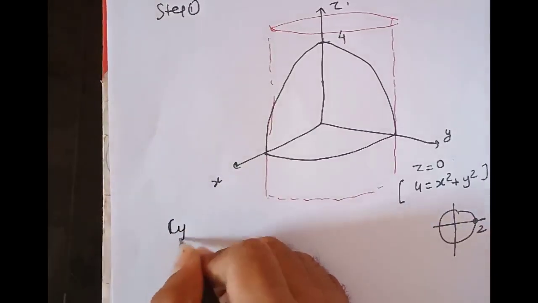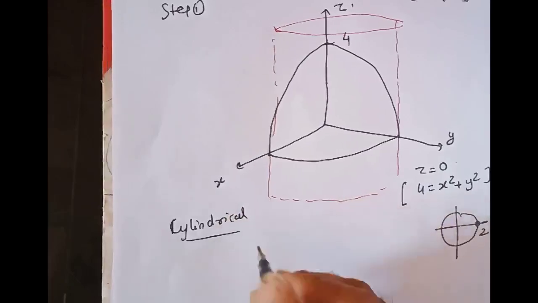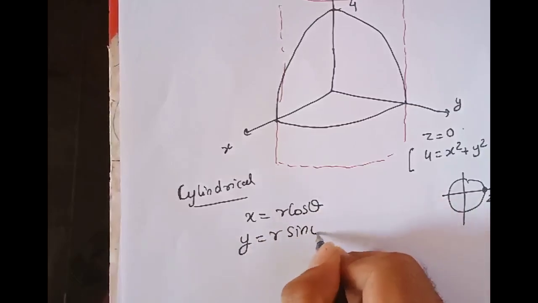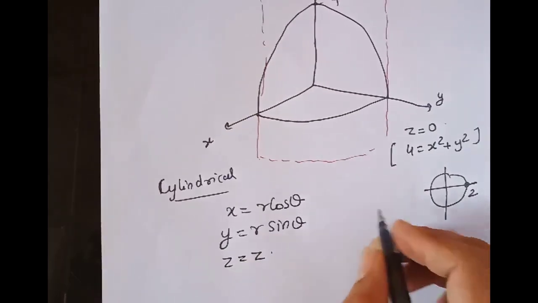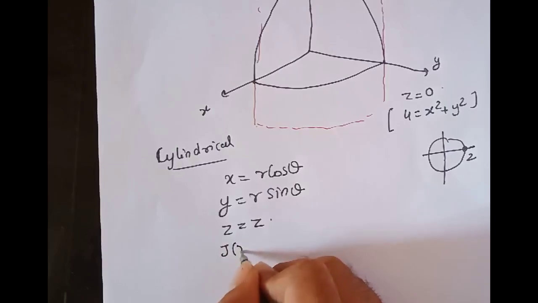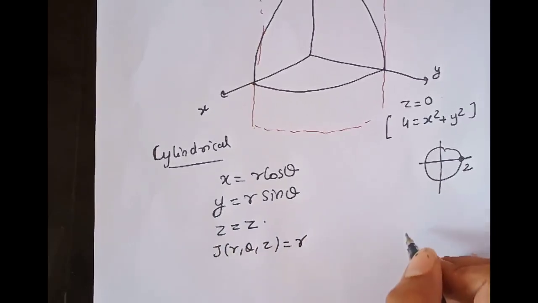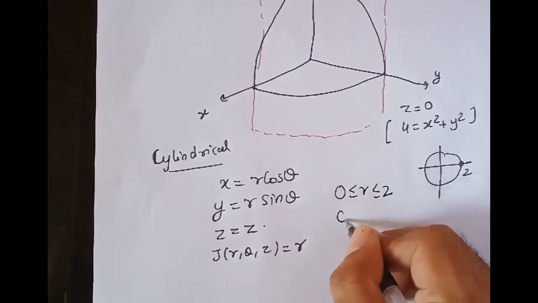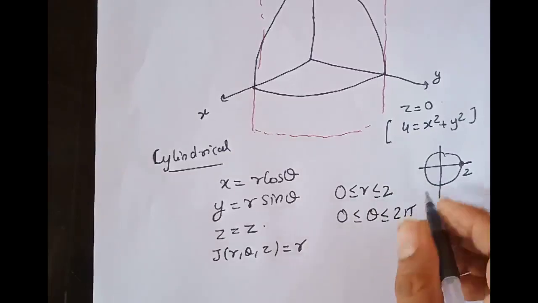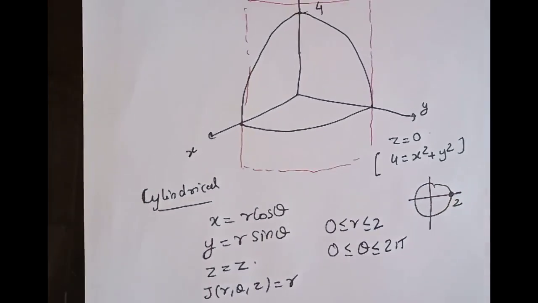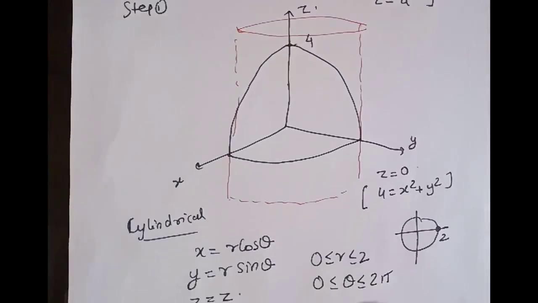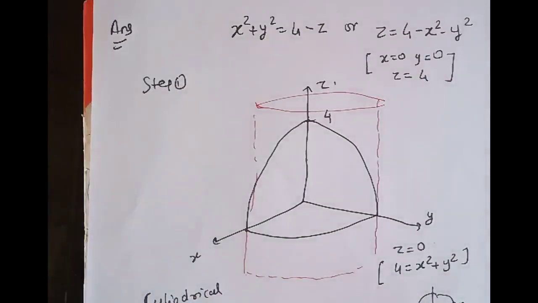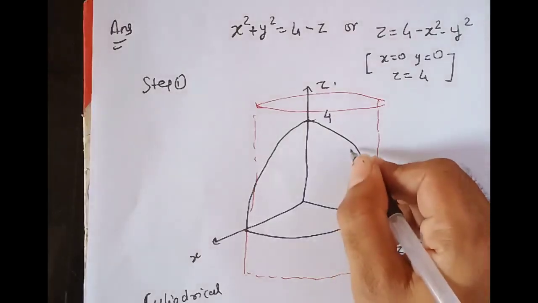So cylindrical coordinates, as we know, are x is equal to r cos theta, y equal to r sin theta, and z is equal to z, right? And in this case, the Jacobian, as usual, is always r, and we know that the radius of the circle should be 2. So 0 less than r less than 2, 0 less than theta less than 2 pi, because we require the entire circle in the base. Now if we take these limits, it will give me the entire cylinder, but I want only a portion of it inside, right? So what I will do here is take a strip which is parallel to the z axis,